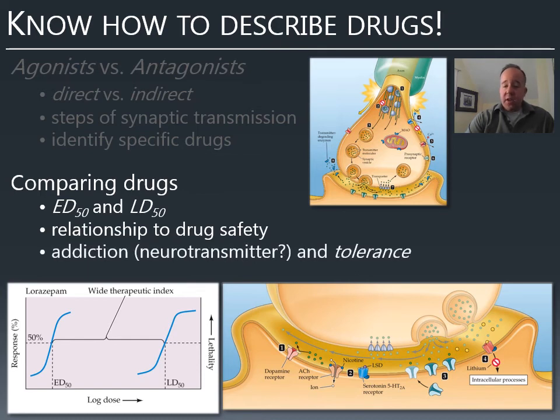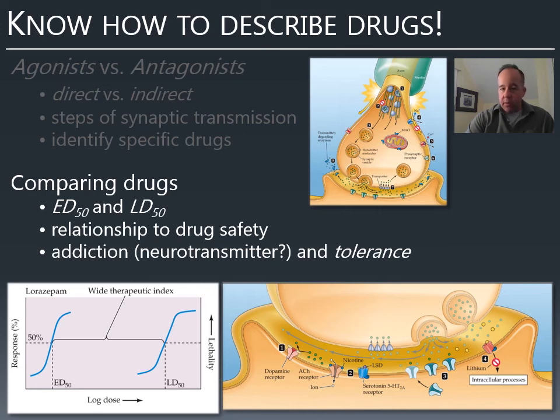The process of addiction. Know what addiction means, what dependence means. Know what neurotransmitter is most commonly involved in highly addictive drugs. So certain classes of drugs are more addictive than others. We know that, for example, the stimulants are at higher risk for dependence and addiction than, for example, the hallucinogens. So understand why, because of the differences in